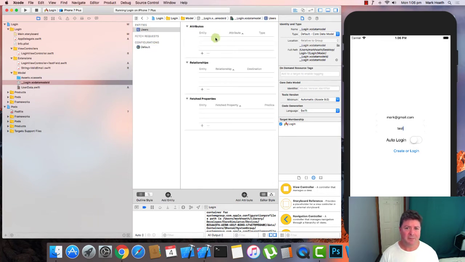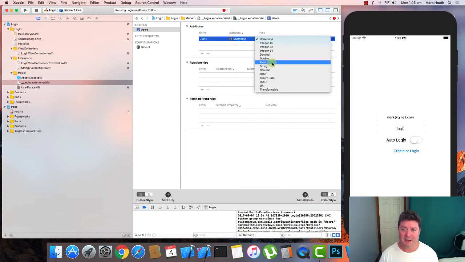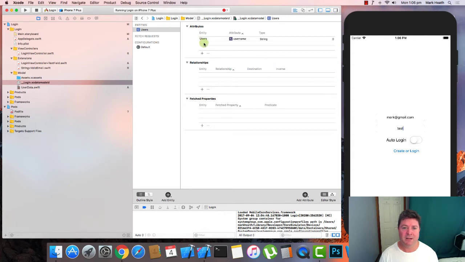And within the entity, we want to create a couple of attributes. An attribute is like a field. We want to create an attribute called username, and that is going to be a string. And in users, we want to create another attribute called password, which is also going to be a string. So if you've got an SQL background, view this as a table, and view these as fields within the table. More correctly,